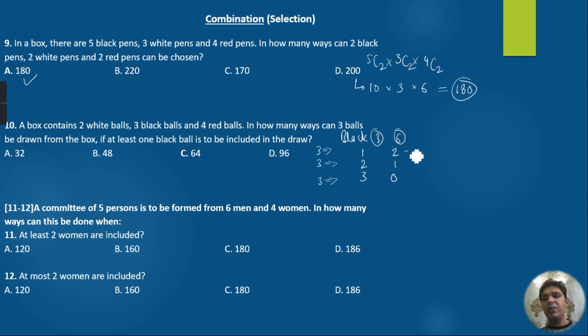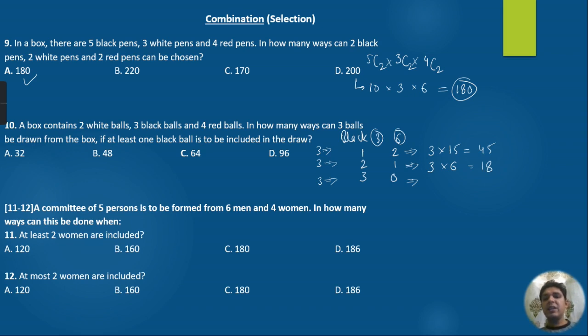So if we open it, we can simply use selection here. First of all, selecting one ball out of 3, so 3C1 value will be 3. Thereafter selecting 2 balls out of 6, so 1 by 2 multiplied by 6 multiplied by 5, that is 15. So answer can be written as 45 here for the first case. If I come to the second case, selecting 2 balls out of 3, so 3C2, this can be written as 3. And thereafter selecting one ball out of 6, so this can be written as 6, so 6 times 3 is 18.